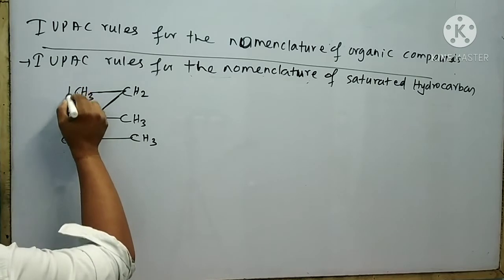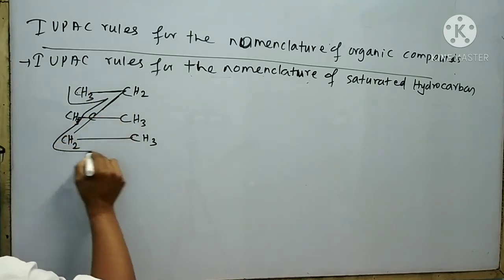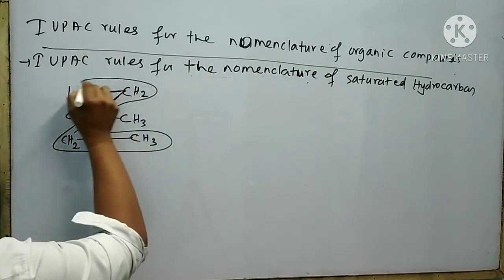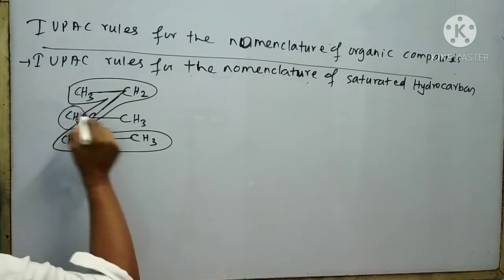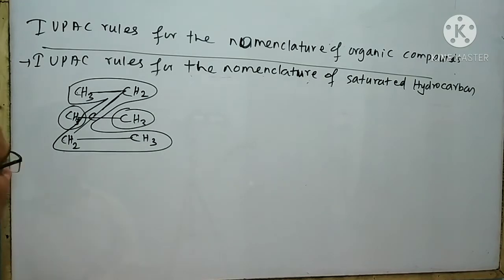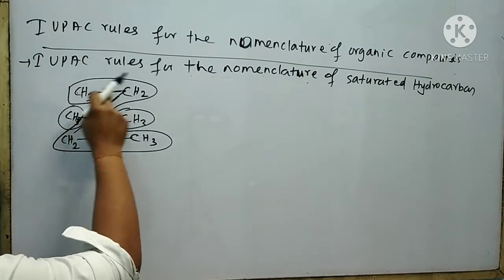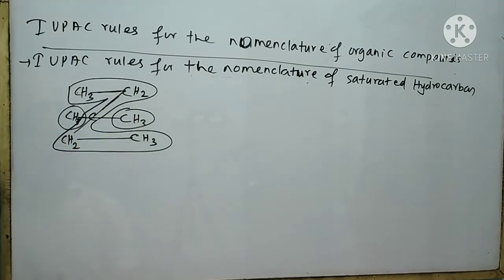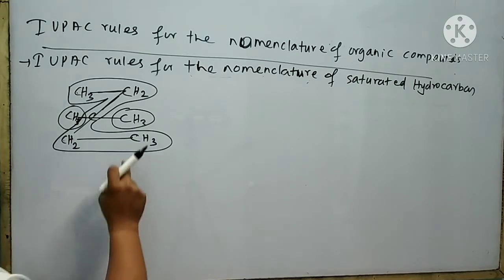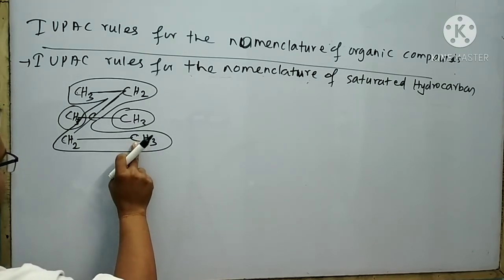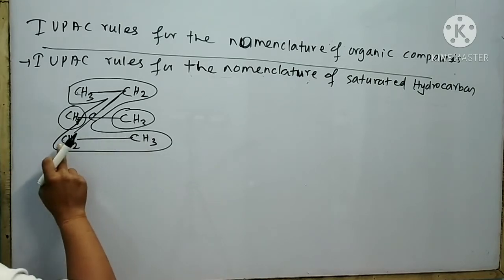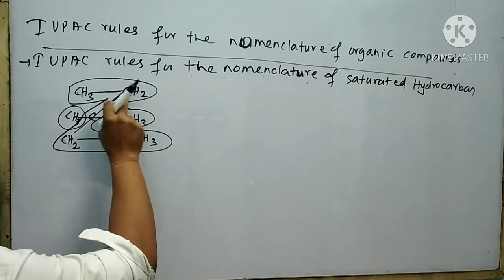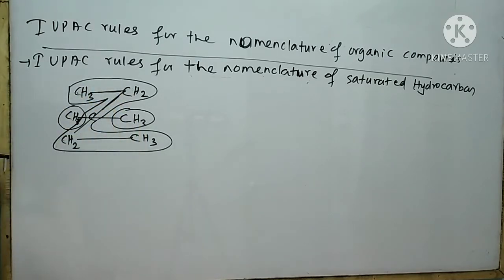Now select the long chain. This is the long chain for this organic compound. These are the side chains. You can start the numbering like this: 1, 2, 3, 4, 5, or you can also start the numbering from this carbon. Give the number 1 to this carbon. Like that, this is your 2, this is your 3, this is your 4, this is your 5. As your choice, you can take any type of numbering.